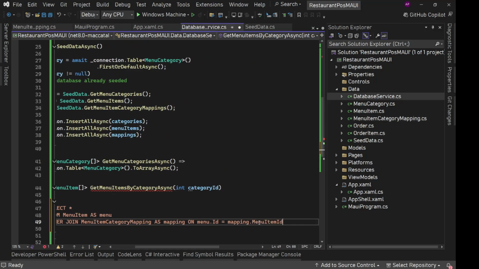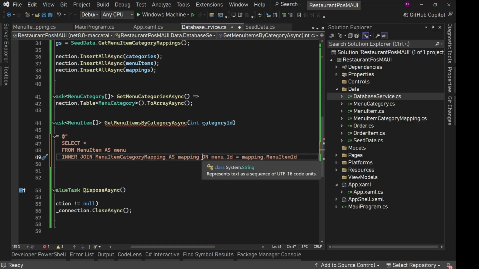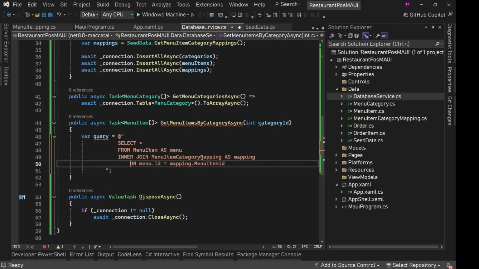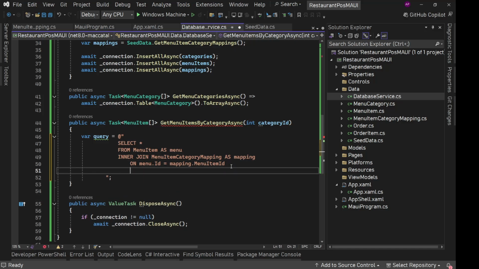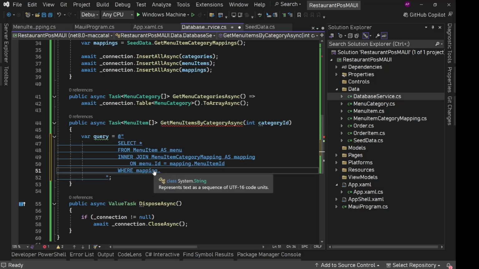So we'll apply this. Let's move it to the next line so that it is readable. And then we will simply apply a where condition. Here we'll say mapping.MenuCategoryId